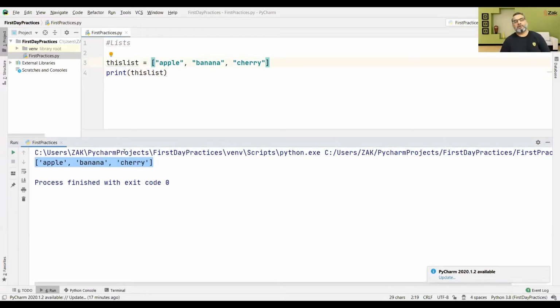Python really does not care whether the string is given in double quotation or single quotation. This is the same. So this is a list. This is an array for us, and this is a list as an array in Python. All right. Now,